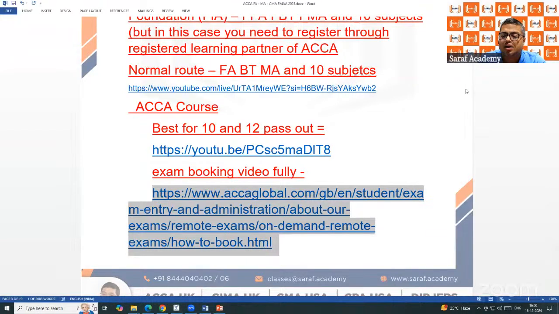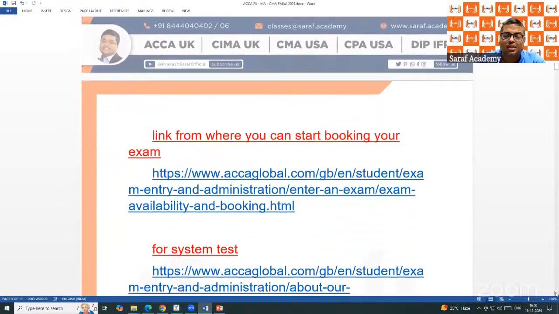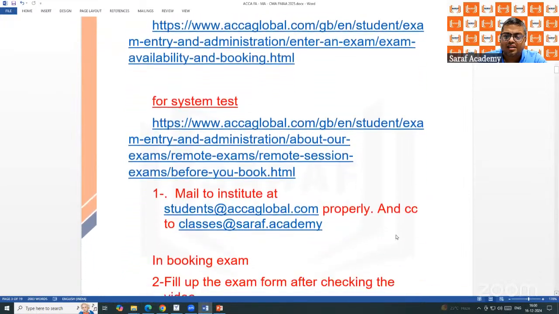It's an on-demand exam. Every day the exams are held. There is no date. आपकी जब मर्जी है आप एग्जाम दीजिए, जब आप प्रिपेयर्ड एग्जाम बुक करिए। आप इस लिंक पे जाके वीडियो देखेंगे। ये दूसरा लिंक है, ये मैंने वापस से वेबसाइट पे लिया, आई एम नॉट अगेन गोइंग ऑन द वेबसाइट। इस लिंक पे जाके आपको फॉर्म वगैरह भरना चालू करना, अपना नाम लिखना है, अपना एसीसीए का रजिस्ट्रेशन नंबर लिखना है, वहां पर सेलेक्ट करना है वेदर यू आर इन एफआईए रूट, वेदर यू आर इन नॉर्मल रूट। एफआईए रूट में एफएफए, एफएमए, और नॉर्मल रूट में एमए एफए सब्जेक्ट का नाम आएगा, भरना है। वंस यू फिल अप द फॉर्म एंड ऑल दैट, then they will be asking a